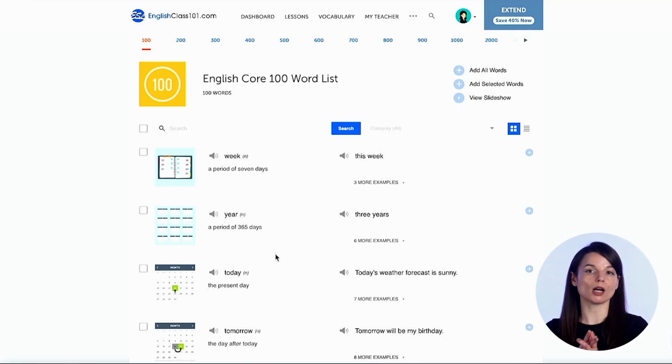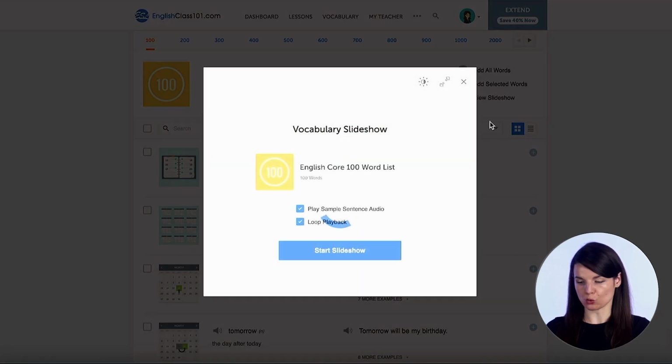So now that we know all of the different parts for each vocabulary word or phrase, I want to talk about the different tools that you can use to study these things. So first, I want to talk about the slideshow tool. We can access this up here on the right, there is a View Slideshow link. So if we click this, it will bring up the vocabulary slideshow tool, which will give us